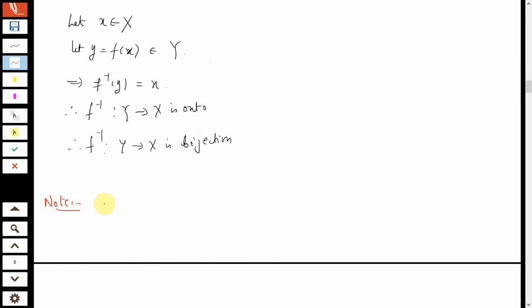So what happened is that suppose y belongs to Y, and if f inverse of y is equal to say some point x which belongs to X, then you see that f of x is equal to y, right? Therefore f inverse of inverse, because we have already shown that f inverse is a bijection, and through this we are now proving that f inverse of inverse is nothing but f.